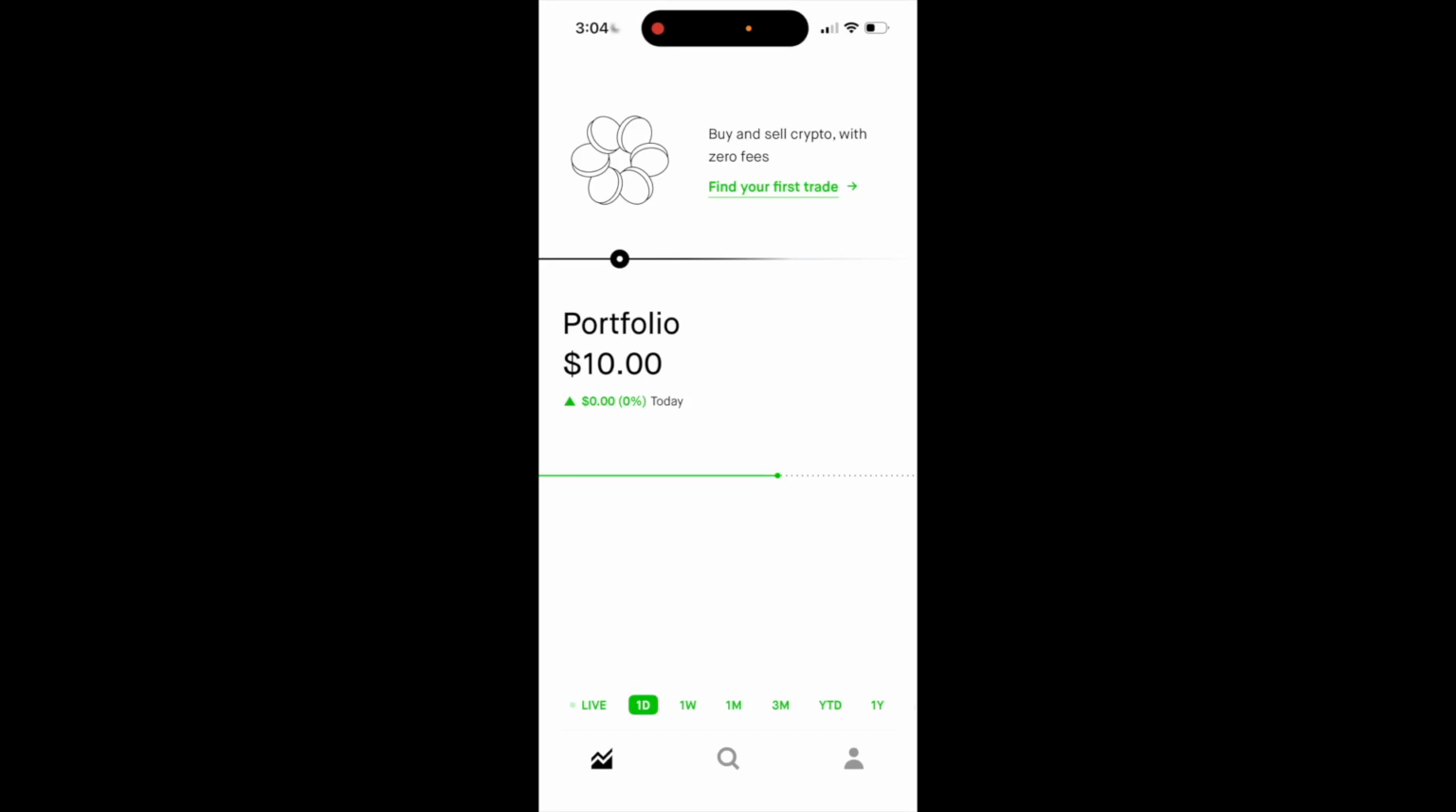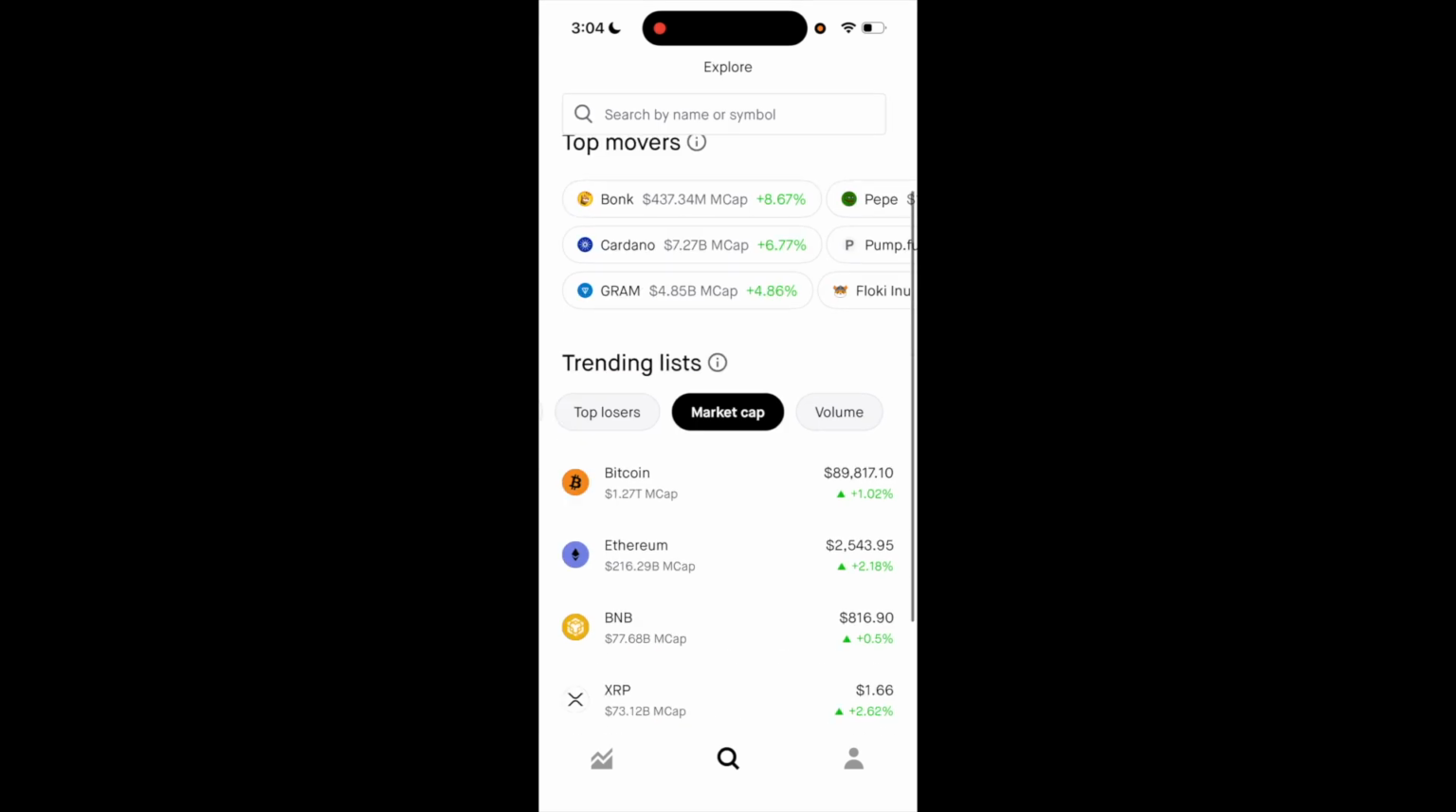So this is how to buy USDC cryptocurrency here in Canada using Robinhood. So once Robinhood is open, at the bottom there's three different options. Select the one in the middle that has the magnifying glass. Now once you're here, if you were to go under trending lists and sort it by market cap, if you